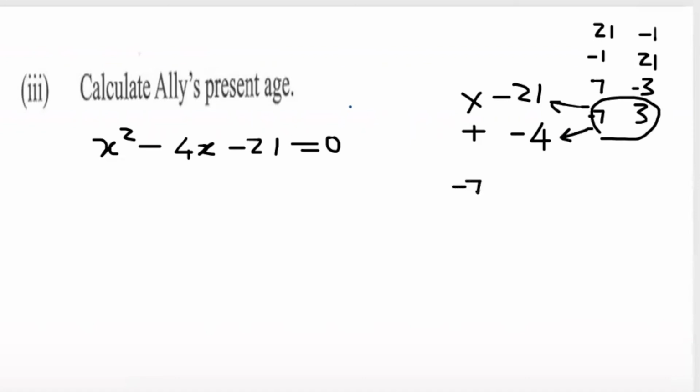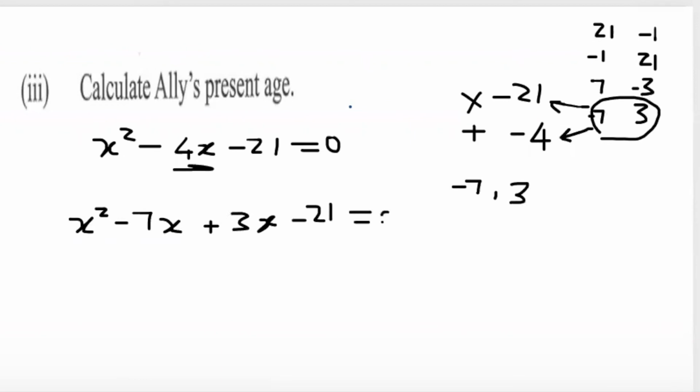So that is why we say the factors are negative 7 and 3. So now I replace the center with the factors. So I will have x squared minus 7x plus 3x minus 21 equal 0. Now grouping,